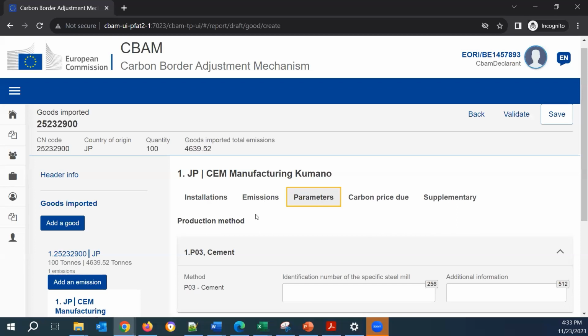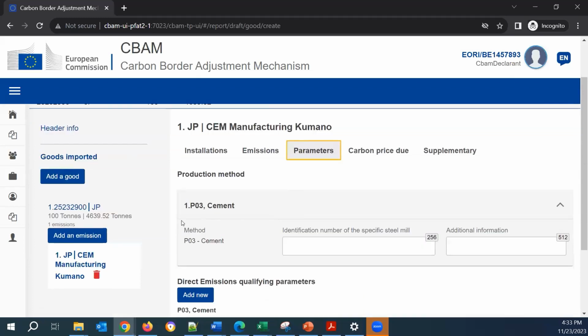Parameters tab. Here we can see that we already have a production method that is mapped with a specific CBAM code. What happens with the production methods? Every CBAM code can have one or more production methods.